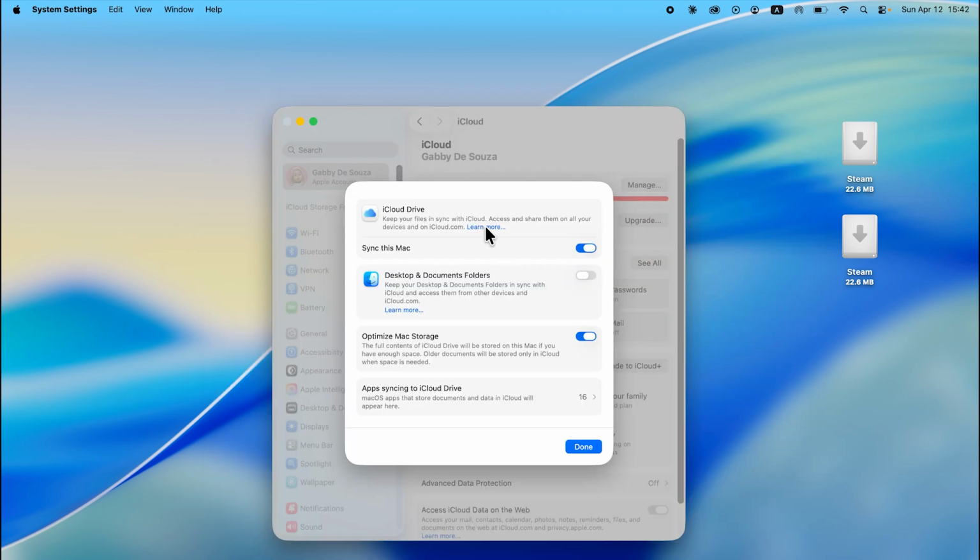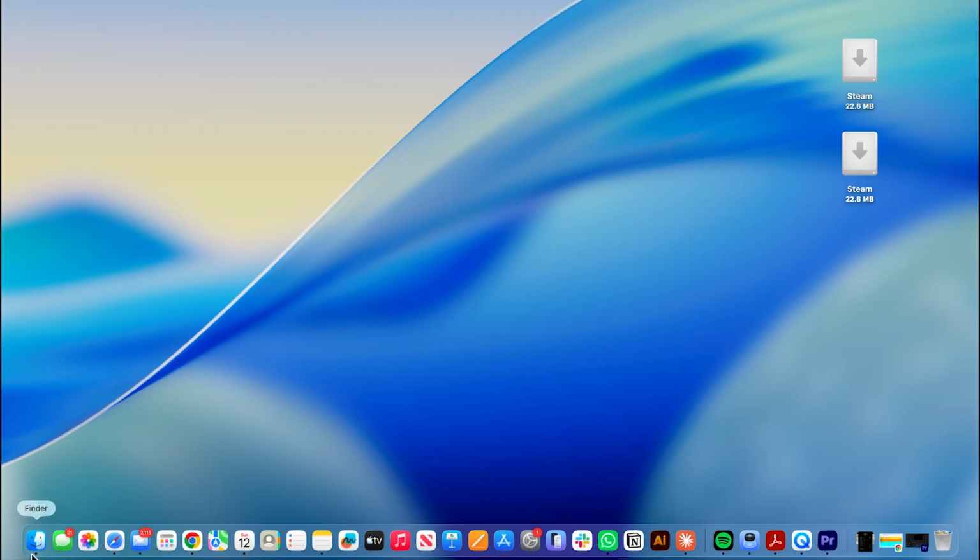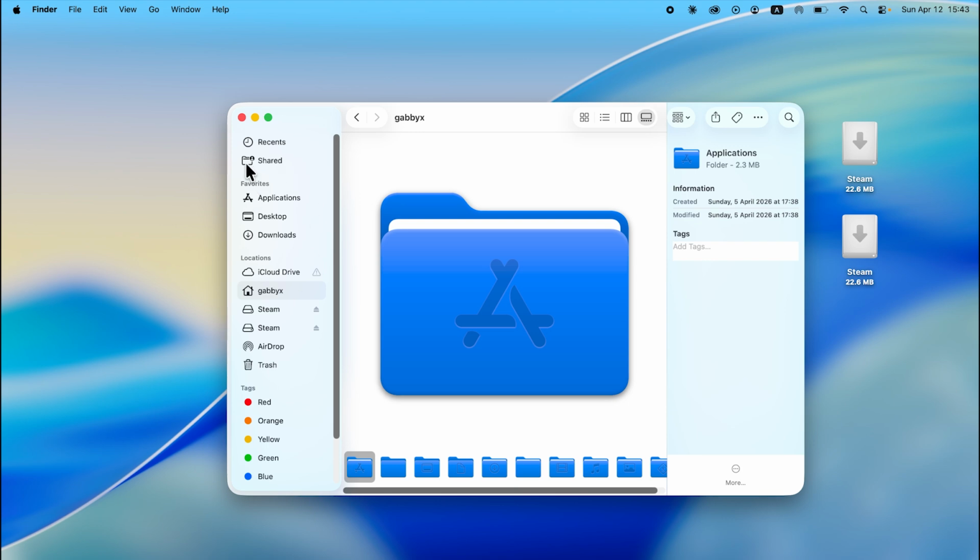Now, if it's still not working, come back over to this window and try turning off the Desktop and Documents folders. You can also try toggling off Sync This Mac and then just press Remove. You can then head back over to your Finder and you can check to see if you can find your